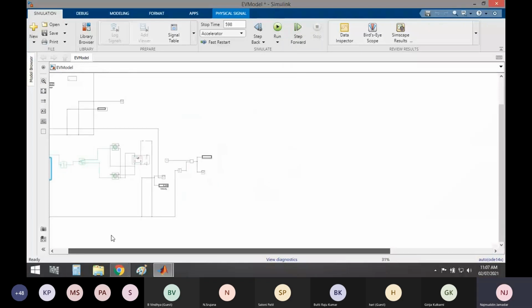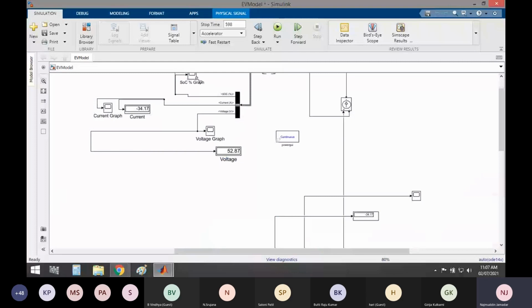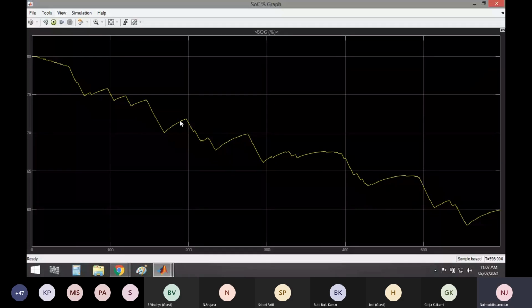Now what else we want to see is the state of charge of the battery, the SOC graph. So here you can see the SOC graph. When you see the graph going down like that, it is due to the acceleration.